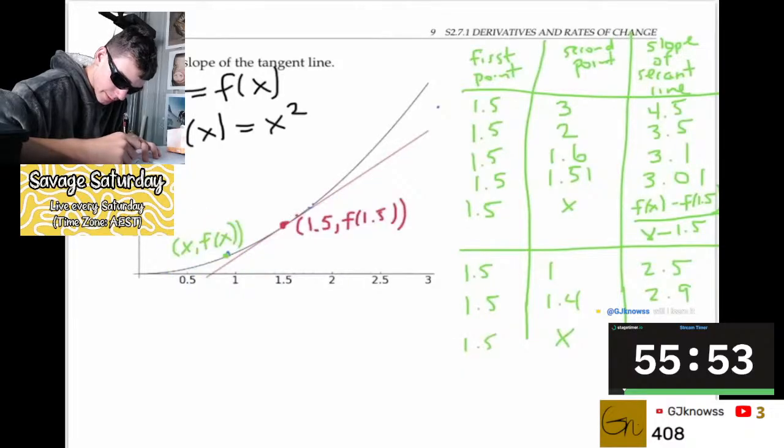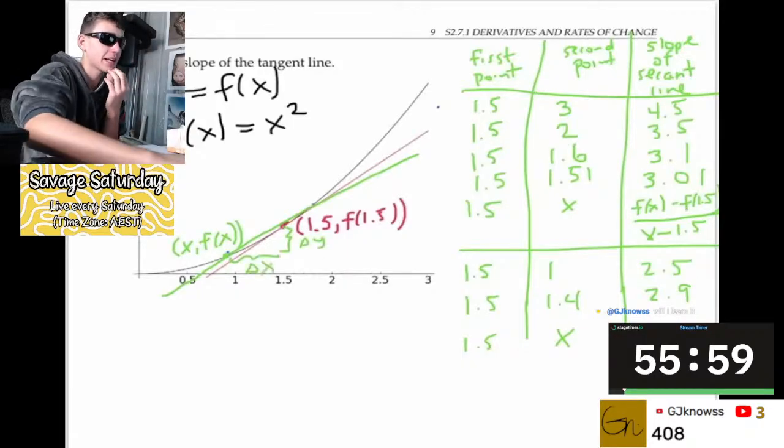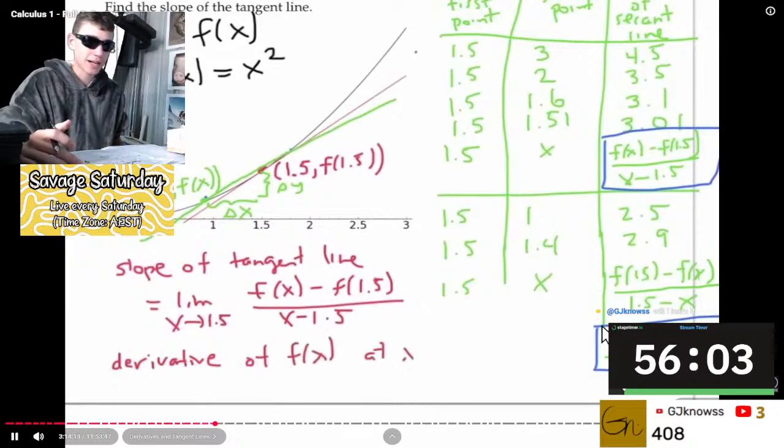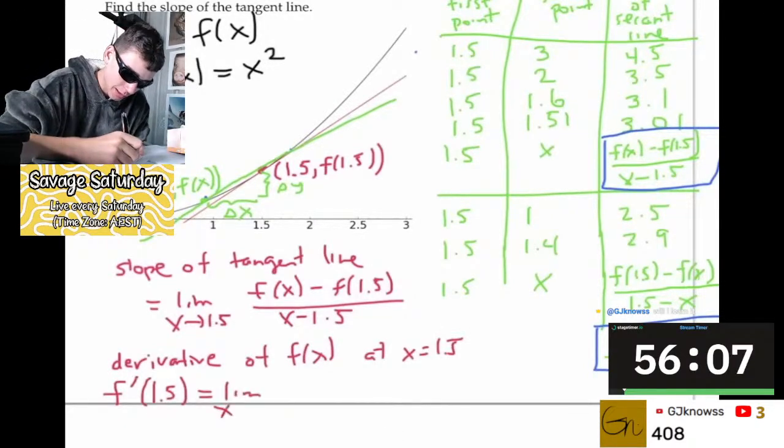In general, if I have a point (x, f of x), and I use the secant line through that point and another point, I calculate the slope as the change in y over the change in x. In other words, the derivative of f of x at x equals 1.5, written as f prime of 1.5, is the limit as x goes to 1.5